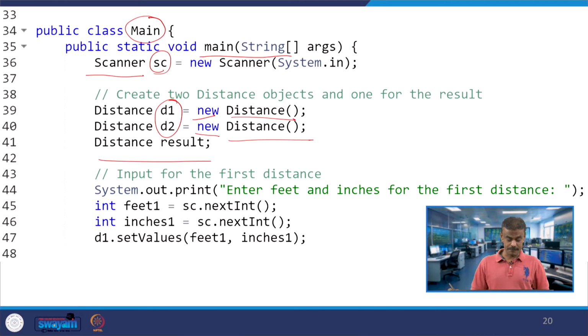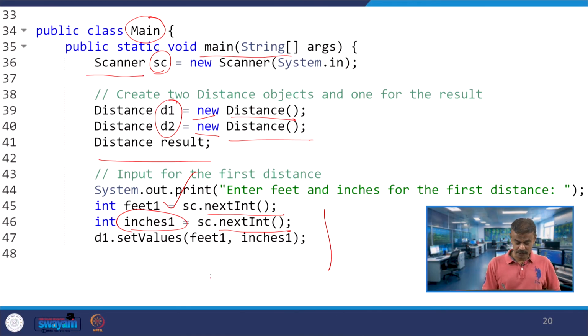So, feet 1 is taking the input, whatever input you are getting from the user, and that will be stored in feet 1, line number 45. Similarly, whatever input you are getting from the user, you are storing in inches 1. So feet 1 and inches 1 are your first object's feet and inches.